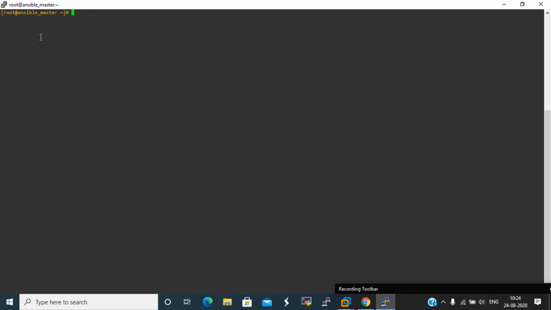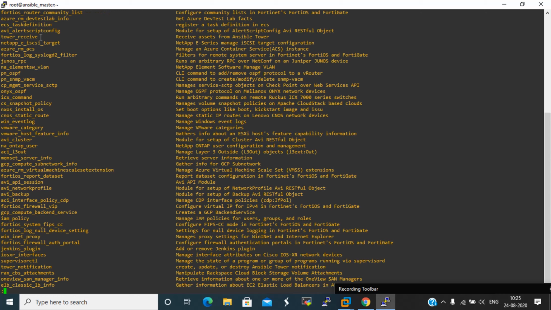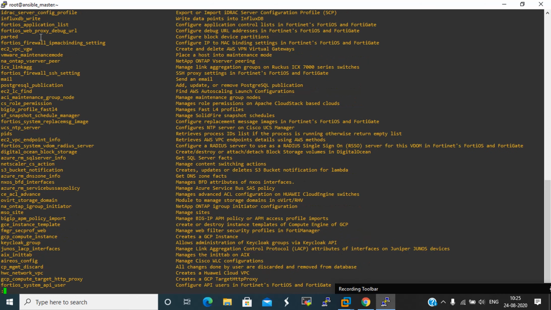In Ansible, there are different modules on which we can provide the tasks, like copy, yum, and different kinds of others. If you want to check the modules, we use the ansible-doc command, and it will list all the modules which are currently used by Ansible. Okay, these are the modules. There is a mail module, there is a parted module for partitioning.